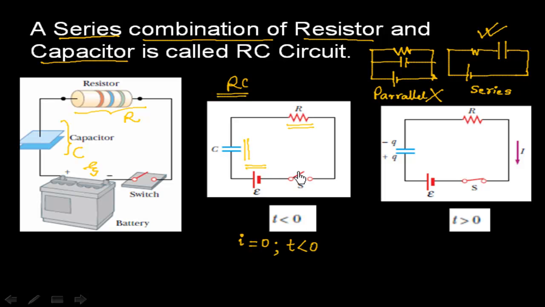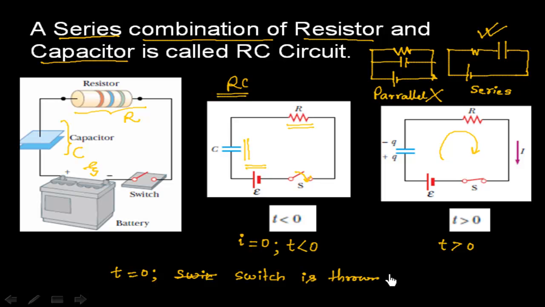So we are basically closing this switch. If I throw this switch here, we can close this circuit. So this is the second situation. If I close the circuit, now the circuit can have a current. So there will be a current in the circuit. Let us call this time t greater than 0. This means we are throwing the switch from this position to this position at t equals 0. So at t equals 0, the switch is thrown to the other position.